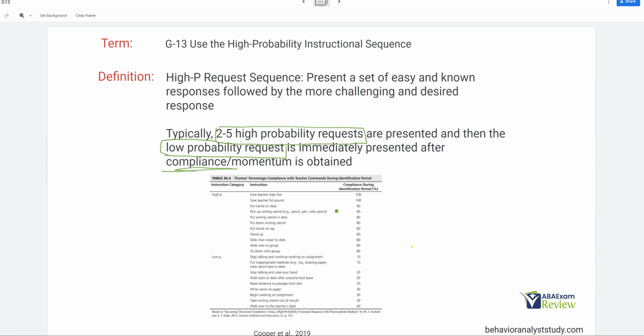So if we look at this table from Cooper again, we have our high P request, and you can see what we have are a bunch of requests over 80%. And so we might pick 1 or 2 of these, or 2 or 3, let's say, like high five and hands on lap, stand up. So we might use that 1, 2, 3 very quickly, right? Very quickly, because the idea is we're trying to get down to here where we can now get our low